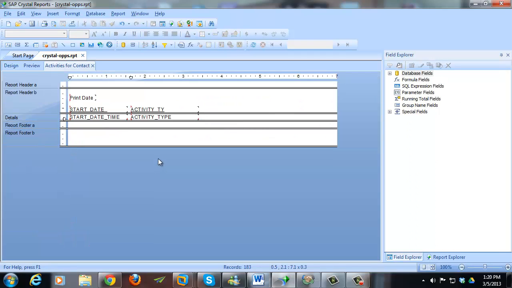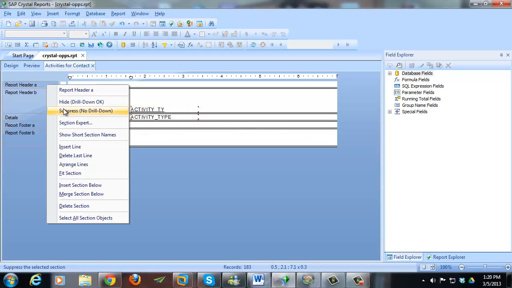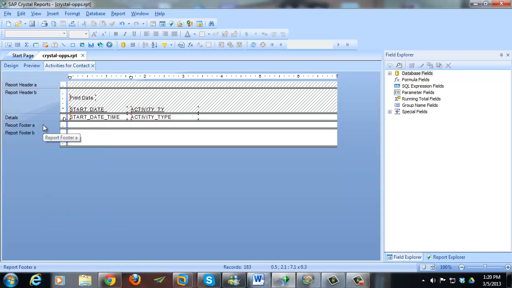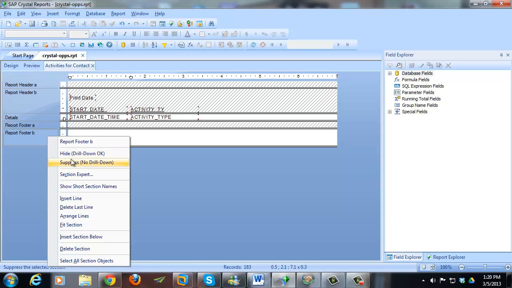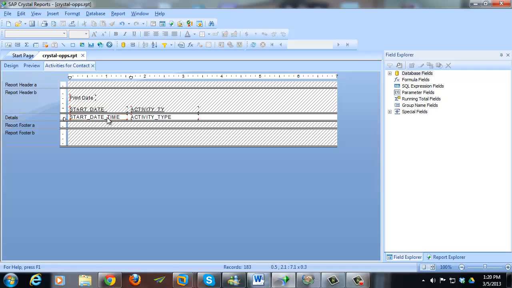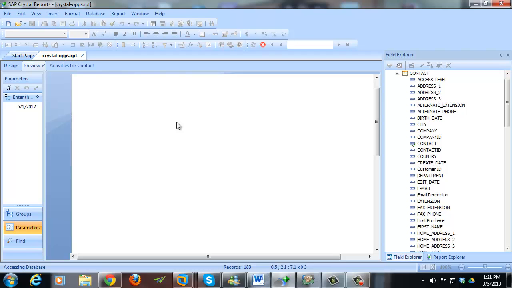So that's going to run that report. And if I double click it, it's going to take me to edit that report. And if I just want a list and I don't want the headings and anything like that, I'm going to suppress everything else. And that's just going to give me one line back that's the start date and time. And now if I go to my preview,